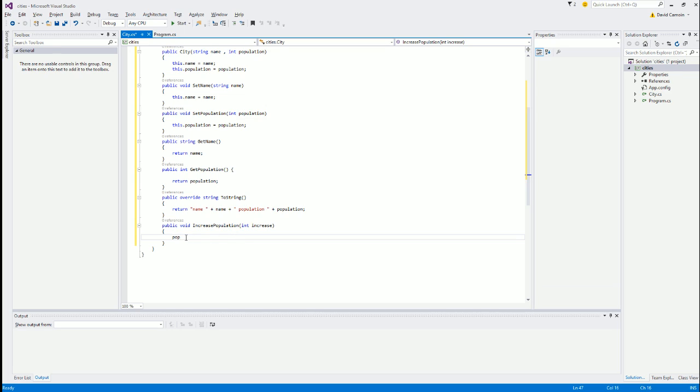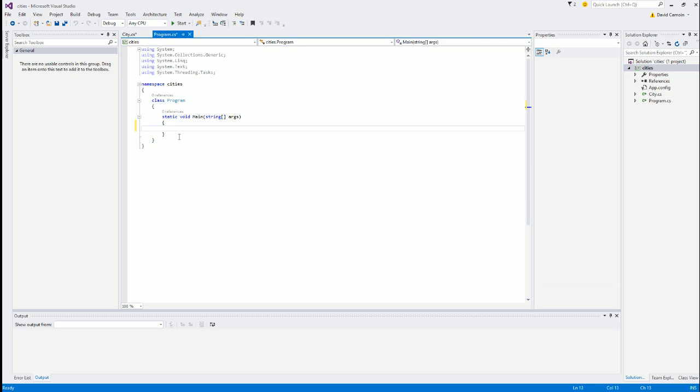So what it is, it's population equals population plus increase. So that's just like an increased population thing. That's how much it will increase the population. So really basic. So if we go back into the program, he'll want you to make an array